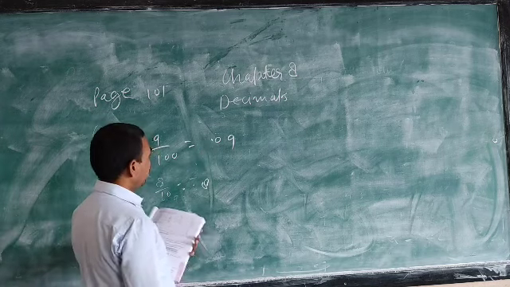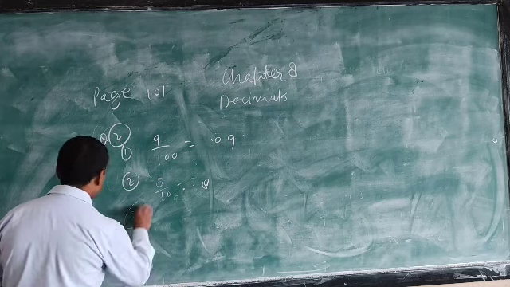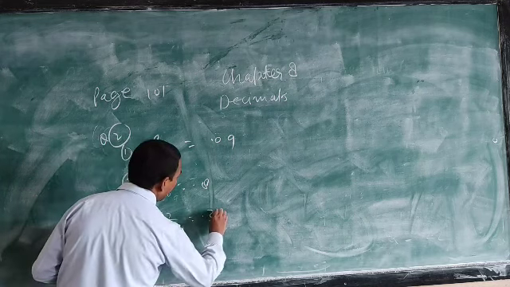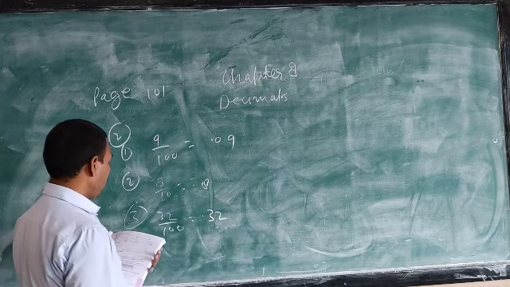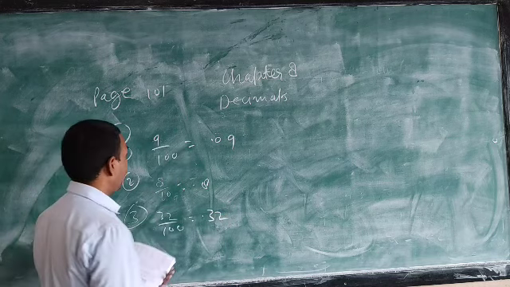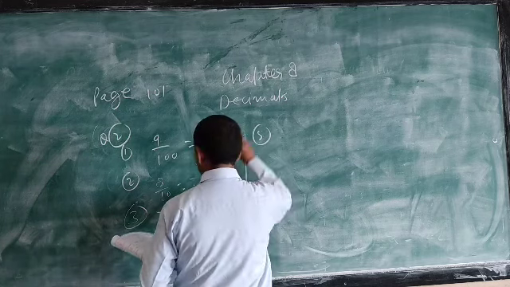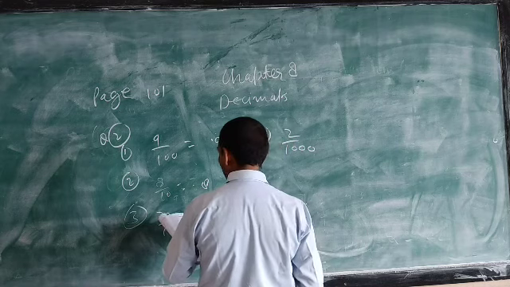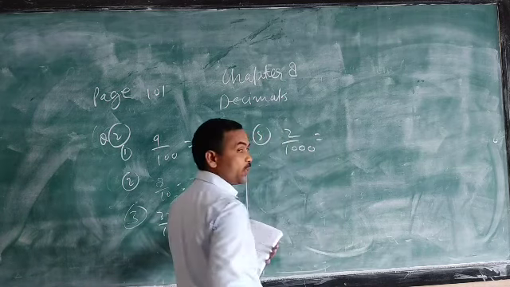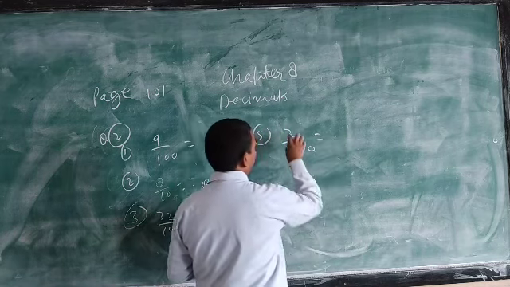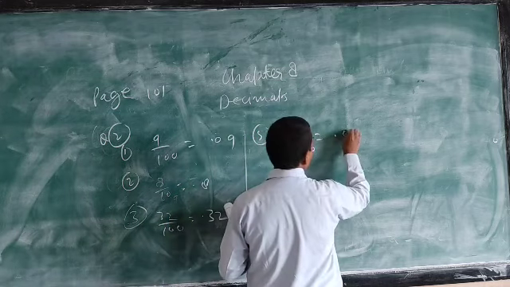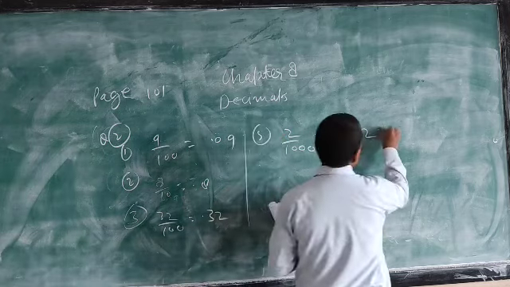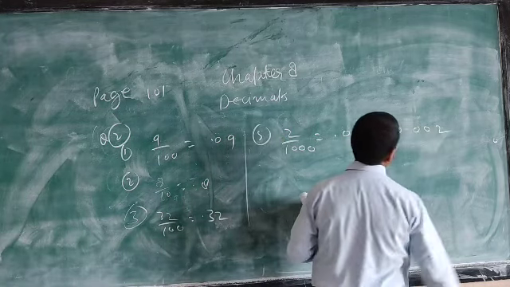And third, here given 32 by 100. This can be written 0.32. And fifth here is given 2 by 1000. So this should be 3 decimal places. After the point here only 1 place, so 2 zeros should be written. This is 0.002. If anybody has written .002, then also correct.